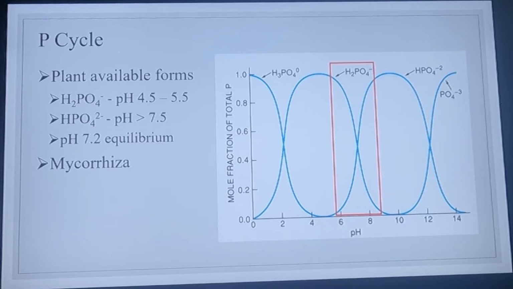So the greater the hydrogen concentration, one of these oxygens is going to give up some charge, and we will get another hydrogen. So the more hydrogens there are in the molecule. Acidic soils, high hydrogen concentration,